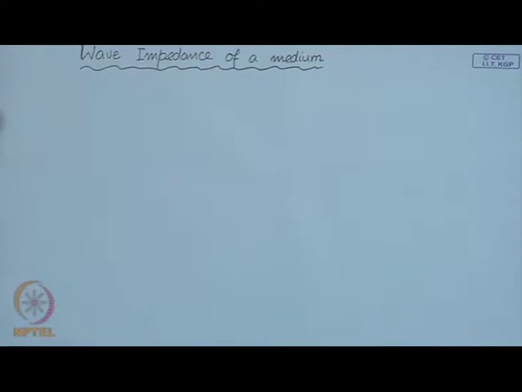So, when we want to set up a harmonic wave, we will always be talking in terms of harmonic waves. When we want to set up a harmonic wave in a medium, let us say a string, you have a taut string and you want to produce a disturbance or a wave in that string, a harmonic wave in that string. So, you will take one end of the string, the other end is connected at a distance, and you produce a wave.